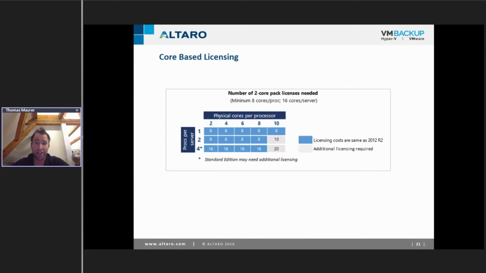So the other big change, and this is the biggest one I think, is they are switching from a socket-based or processor-based licensing model to a core-based licensing model. And how this works is that you have those 2-core packs for your server, and the smallest amount you have to license is 2 sockets with 8 cores each, right?